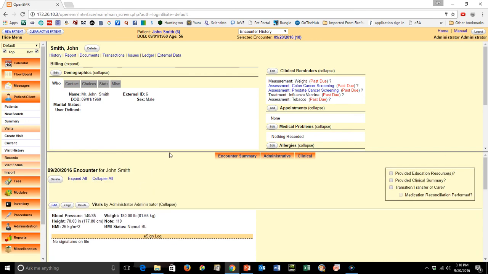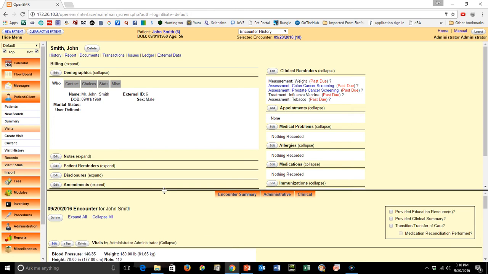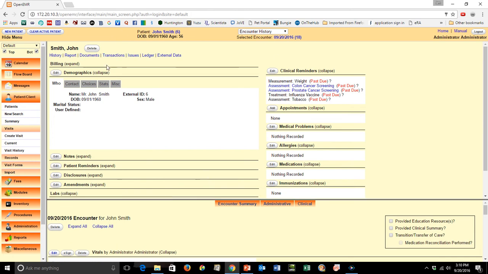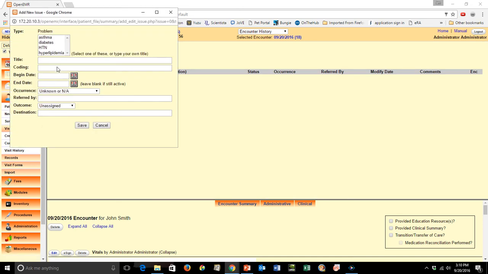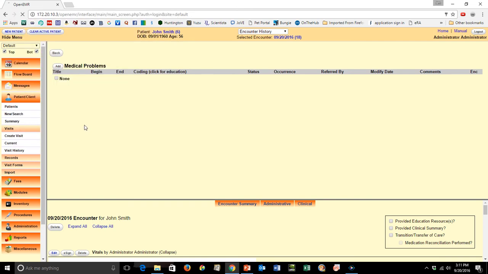So from here, we might be able to make a diagnosis for John Smith, and we can do that up here in this top part under medical problems. So if I want to click and edit and then add a medical problem, and this is where it's going to look a little bit differently than what you'll see in the clinic, because this demo doesn't have all of the problems that are already listed in that list on the computers you'll be using. So let's say that we want to add hypertension here, and then click Save, and we can see that under medical problems and the date that it was diagnosed. So if we want to go back,